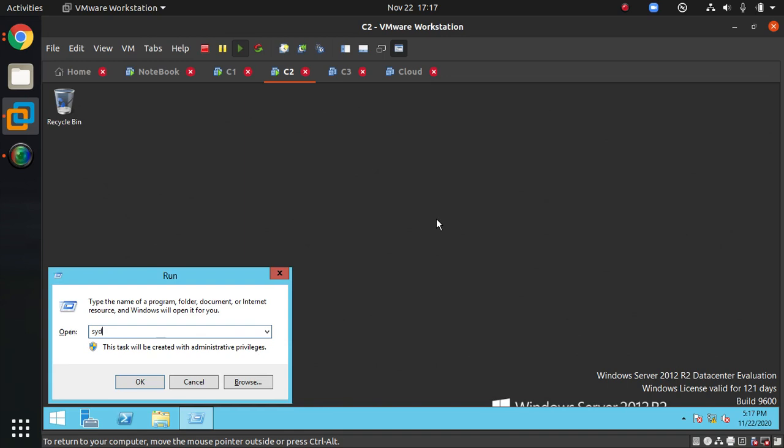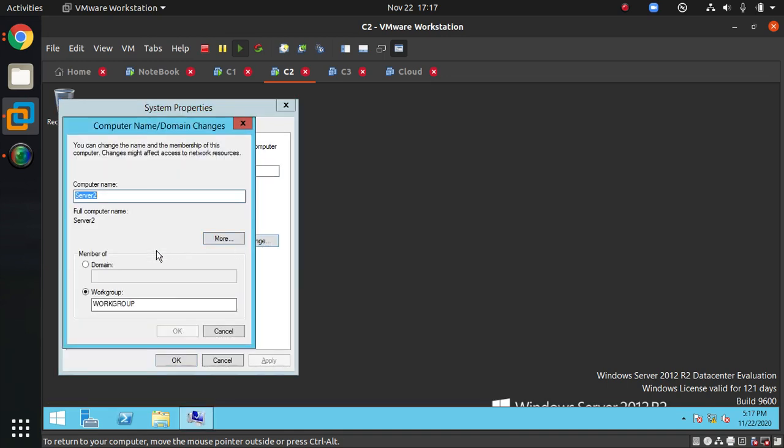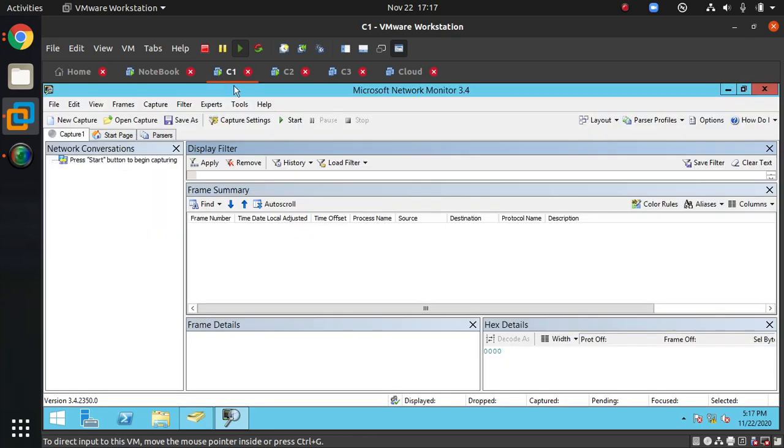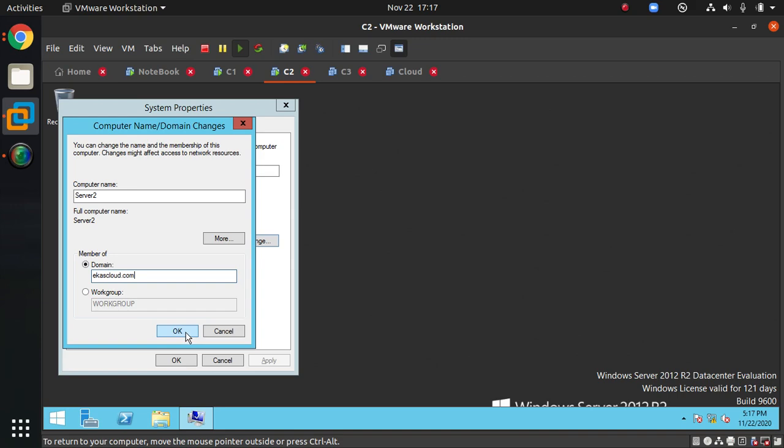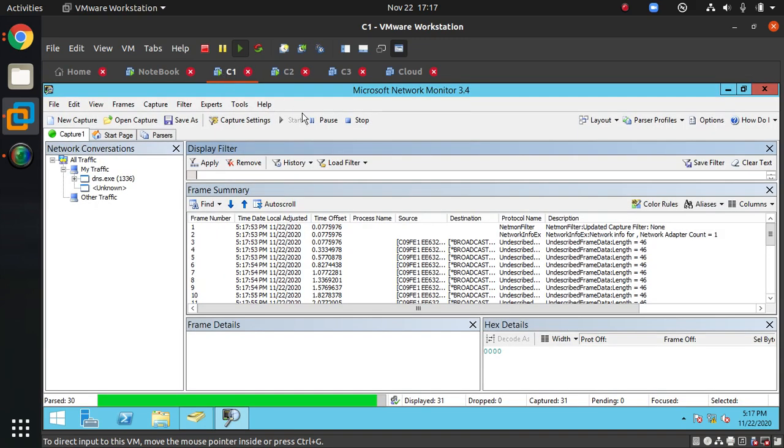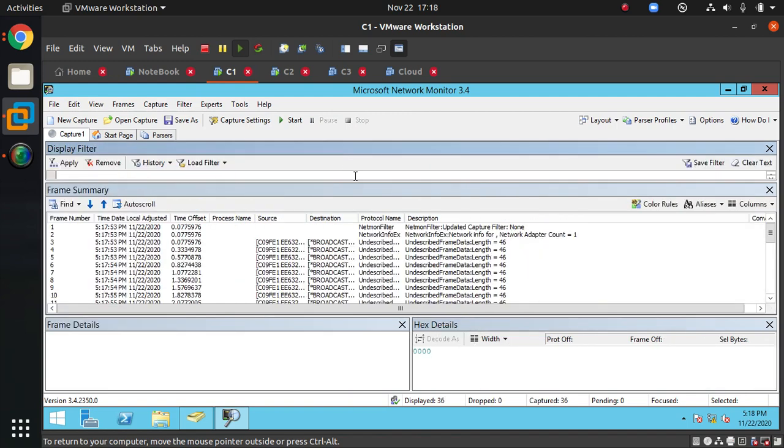And I say sysdm.cpl, change domain name, and say ekascloud.com. When I say ekascloud.com, I will start the network capture. Now the capture is started. While the capture is going on, I say ekascloud.com, then let's stop the capture and see the data about DNS. I apply the filter with DNS,